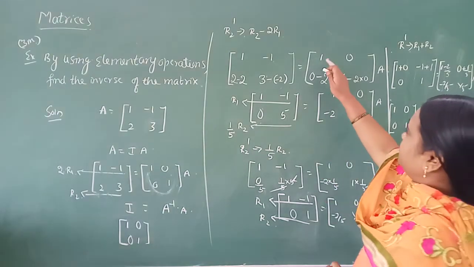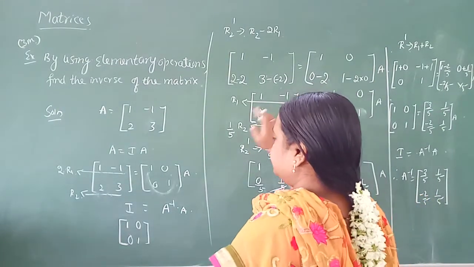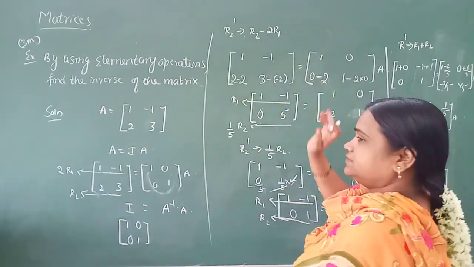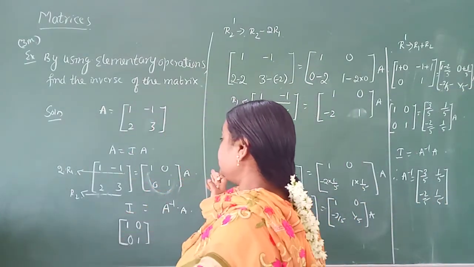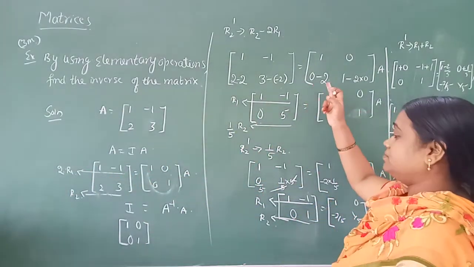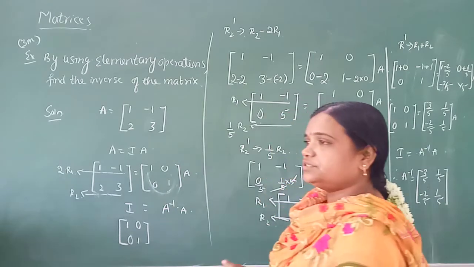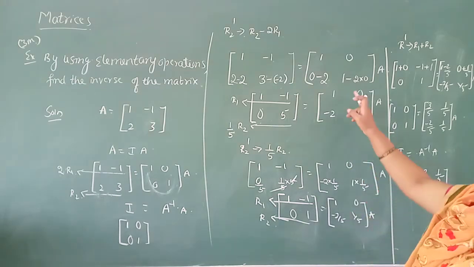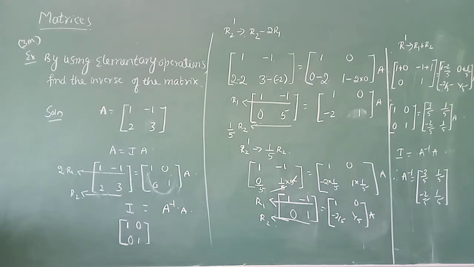Next, first row as it is, there are no changes. Only we have done the changes in the second row. We are writing 0 as it is. Next, minus because of sign, minus. Next, 2 into 1, correct, 0 minus. Next, 1 minus 2 into 0, correct, means we are writing 1 0 as it is. 0 minus 2 is minus 2. 1 minus 2 into 0 is 0, 1. Okay.